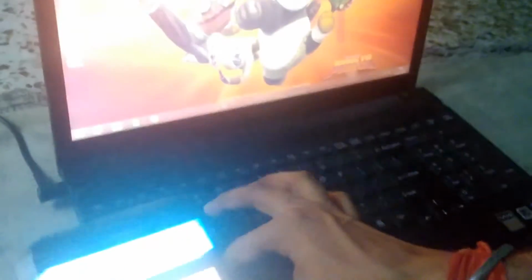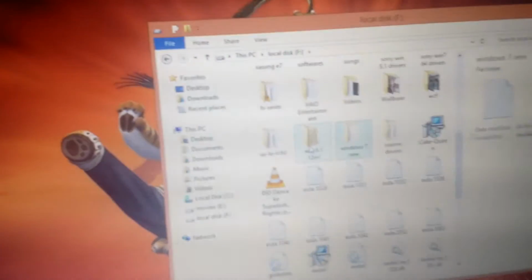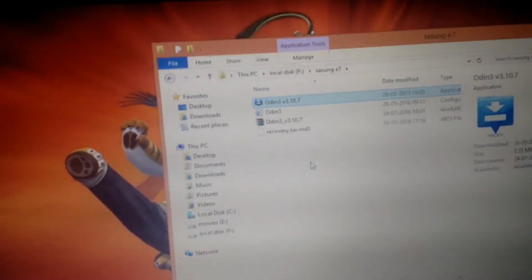Just make sure that all your drivers are installed on your PC. So this is the Odin, as you can see.